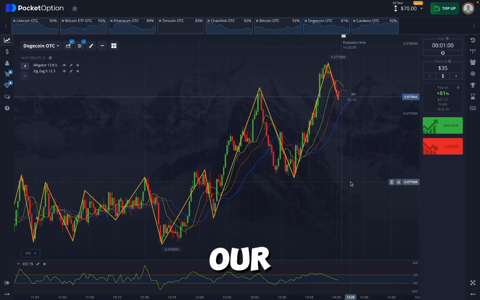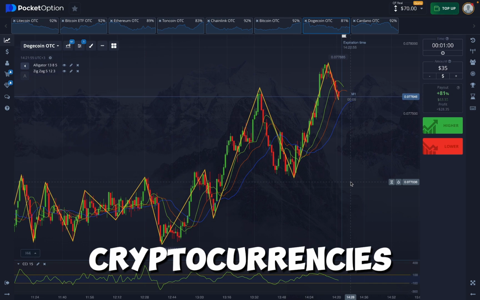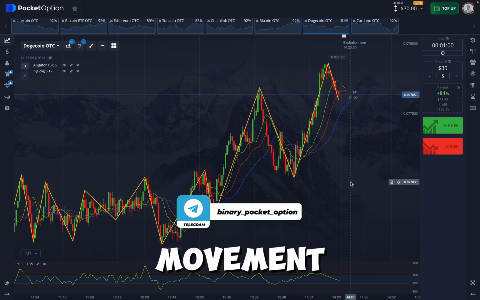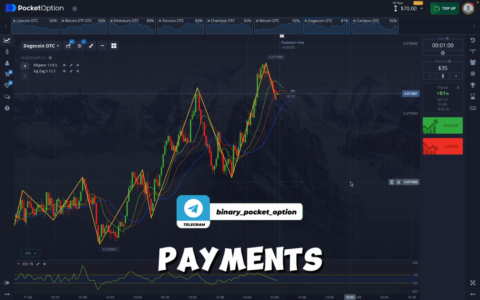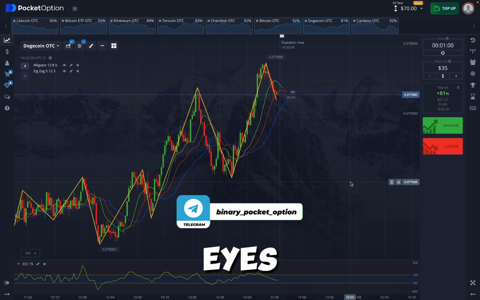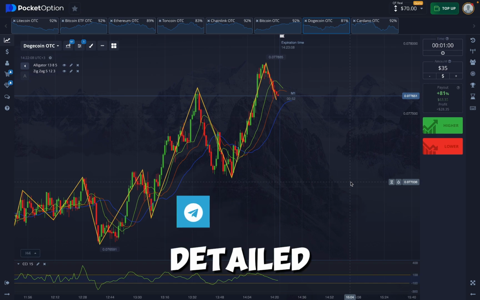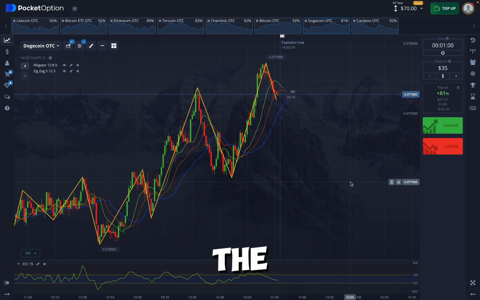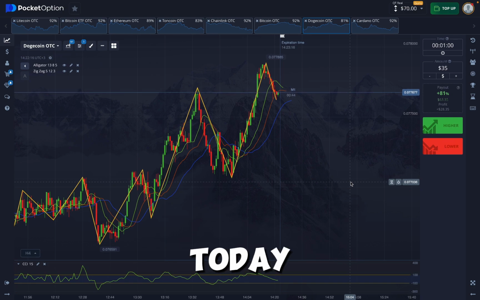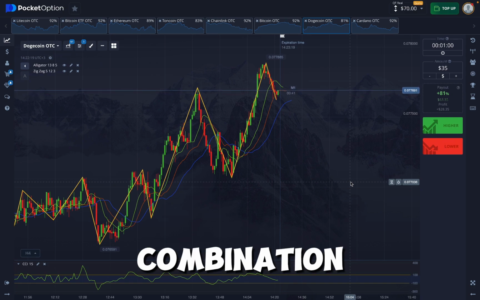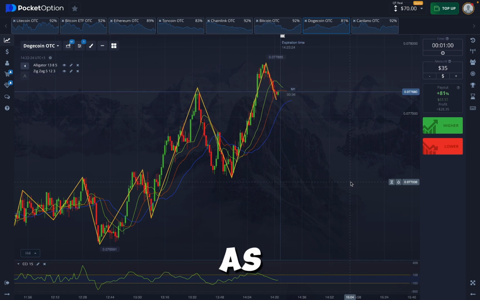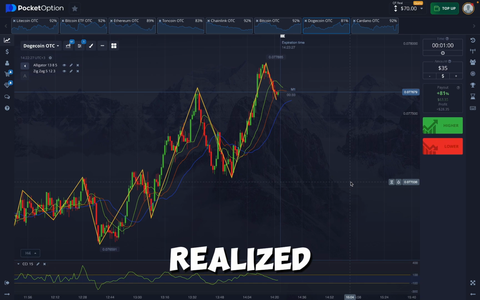So, let's get to today's trading. Today I trade on cryptocurrencies and all assets with the most optimal character of the movement. Interest payments you can see in front of your eyes. I made a detailed analysis of the charts at this moment in time and came to the conclusion that today I will show you a trending combination of alligator and zigzag indicators,